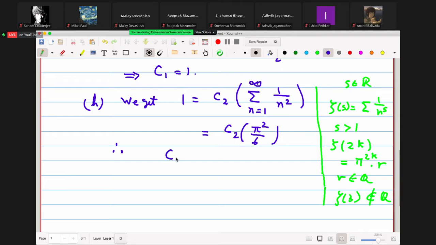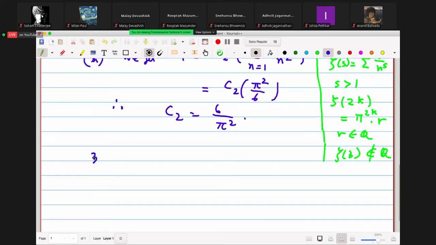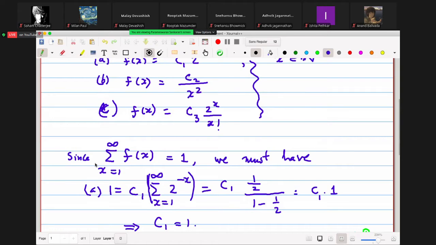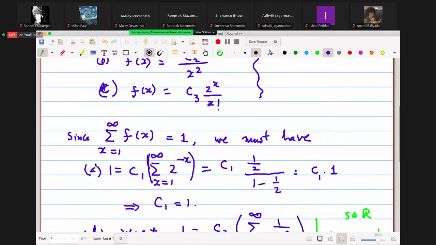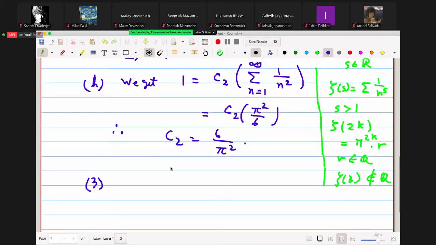So therefore C2 is equal to 6 by pi square. Okay, fine. The third one, you should know it. It is the summation of 2 power x by x factorial, x going from 1 to infinity. Well, if you add it from 0 to infinity,